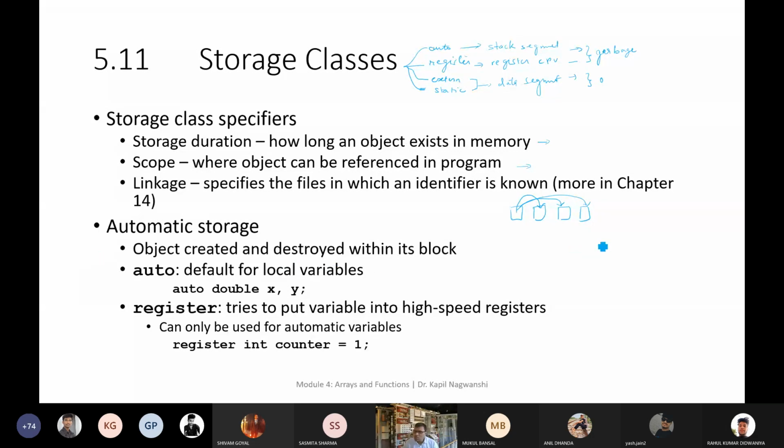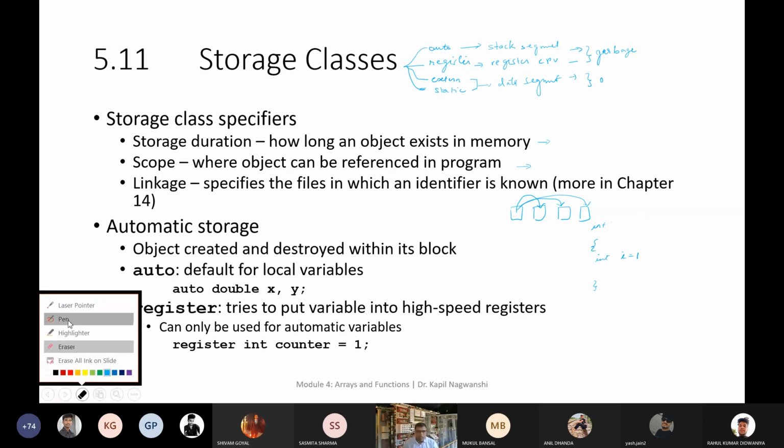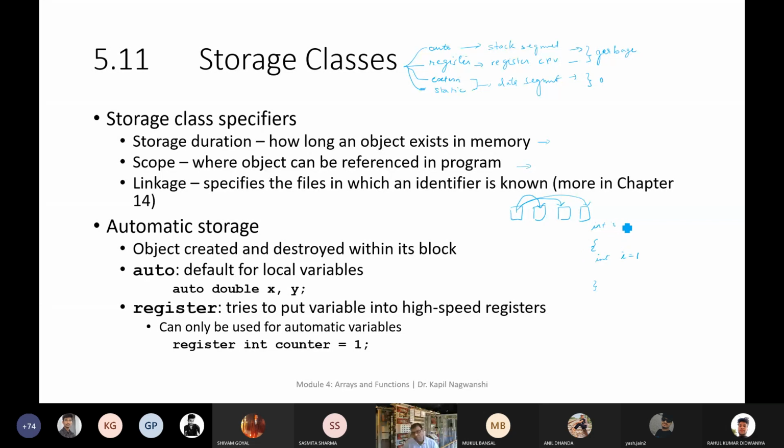So suppose this is our block and integer i equals 1, and this is integer i equals 5.